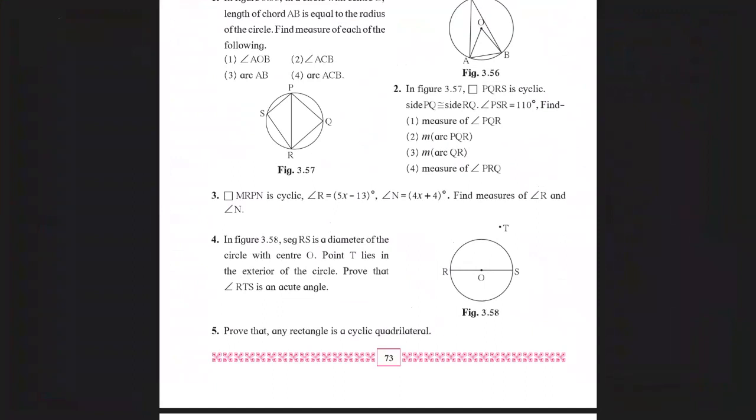Now, what will you write for given? Quadrilateral ABCD is a rectangle. What must you prove? That quadrilateral ABCD is cyclic. Now, how will you write the proof? Quadrilateral ABCD is a rectangle. So, all angles, angle A equal to angle B equal to angle C equal to angle D is 90 degrees. Now, I take opposite angles. Angle A plus angle C is equal to 90 plus 90, 180 degrees. Therefore, quadrilateral ABCD is cyclic by the converse of cyclic quadrilateral theorem. Okay, children, I think you will be easily able to do this on your own. It's a very simple sum.